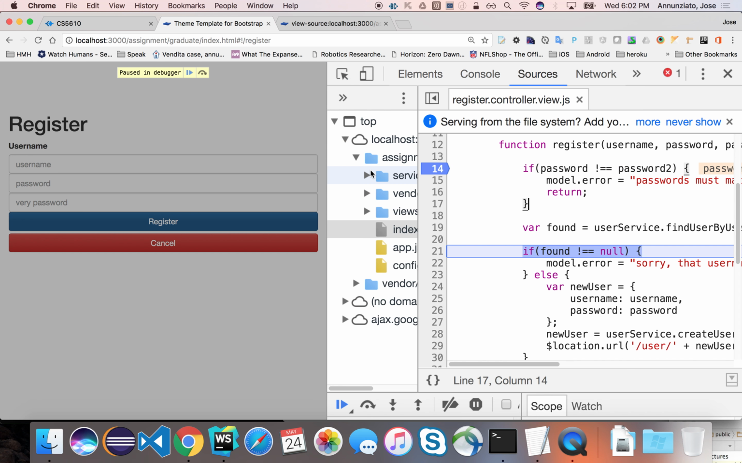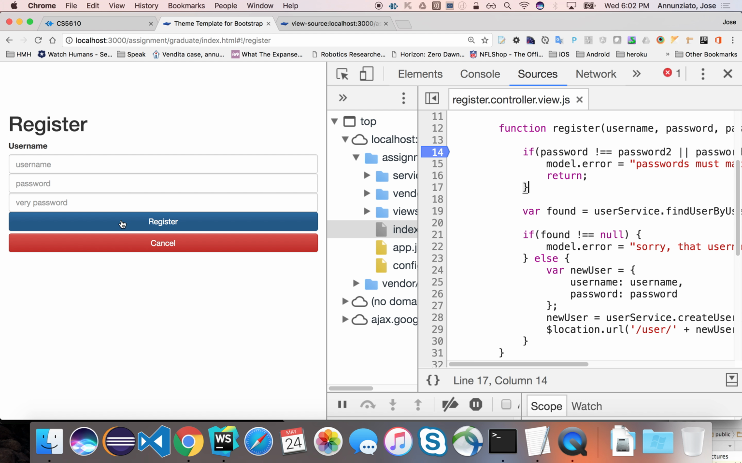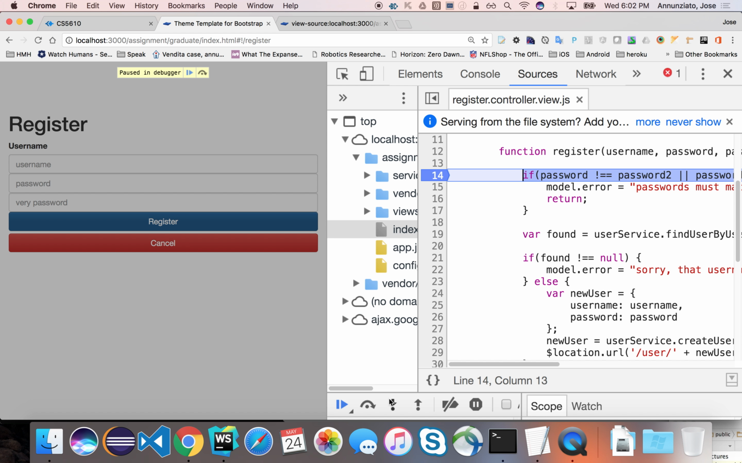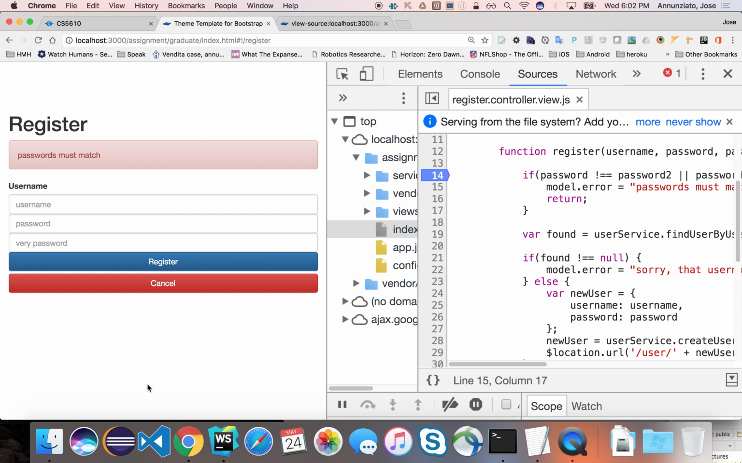Okay, then passwords must match. So let's see if we do a password. Okay, so it's going to give us an error message. Right, it says password must match. Right, you could be more granular and say that it cannot be empty or undefined or things like that. Right, so if we do give it a password,